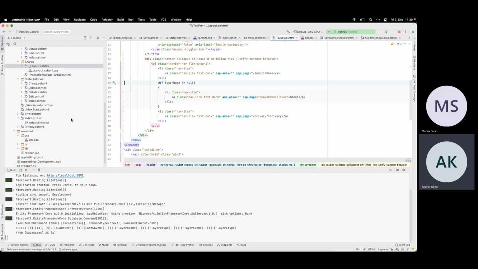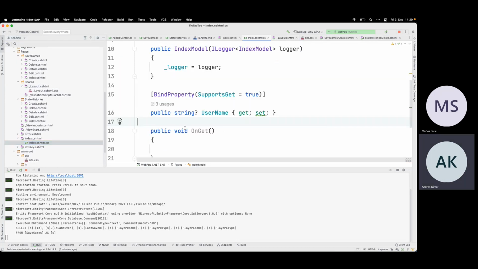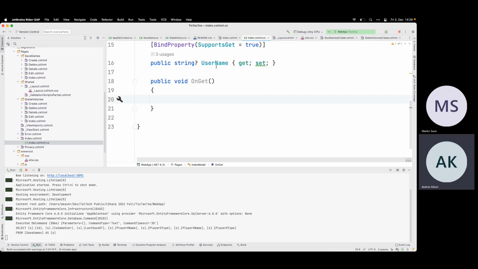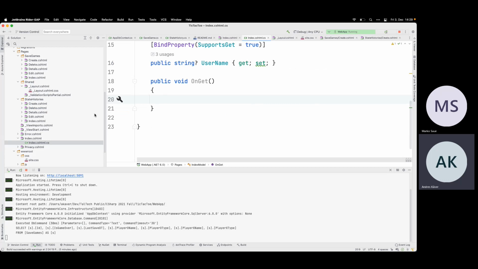And then when we actually get the username, so this is on the index page post, or on the get, when we actually have the username value. So now we can actually first try to load it. So let's see.